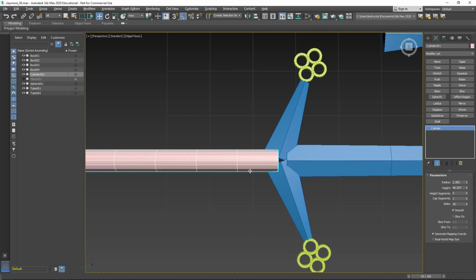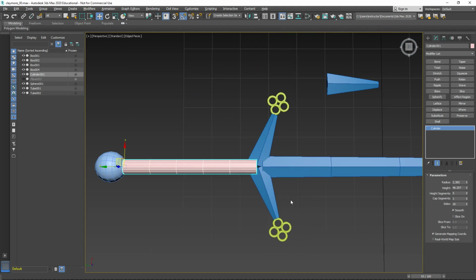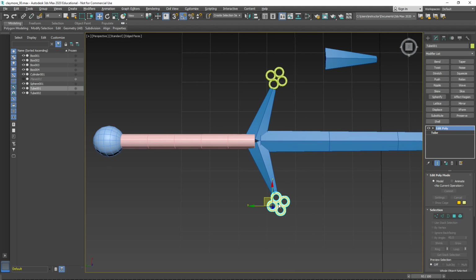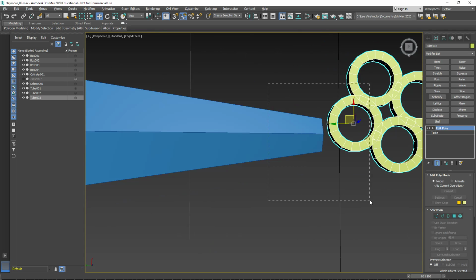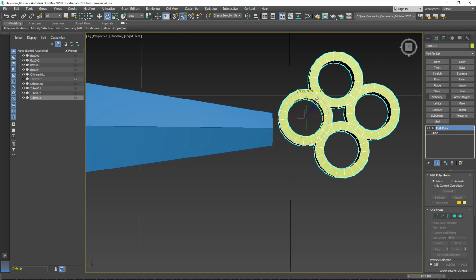And now the next thing we got to think about is how we're going to get all this lined up. Again, I'm looking at something that's complex. So I'm going to grab this. I'm going to hold shift and I'm going to make an instance of it. What I'm going to do is use these two objects and work on this complex piece right here. Once you see how we can combine these pieces, it should be fairly easy to get the rest of the